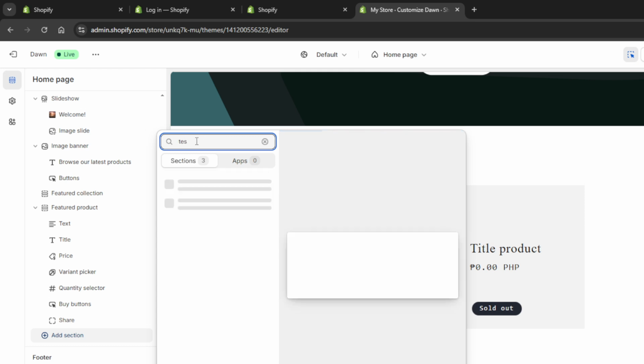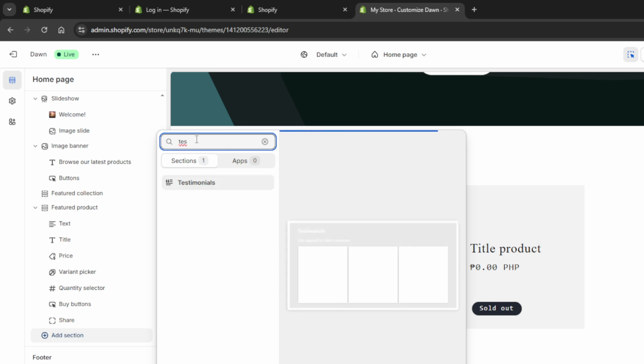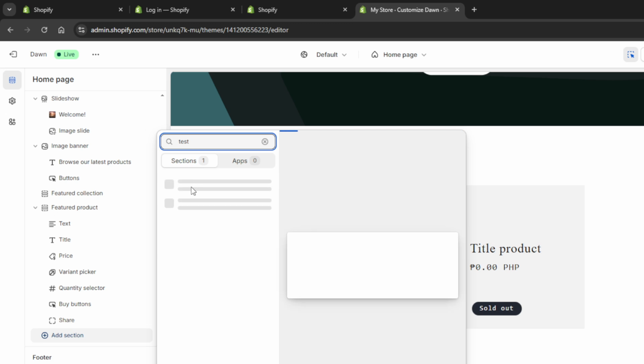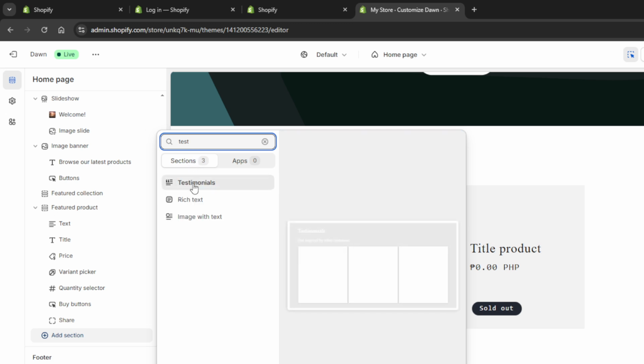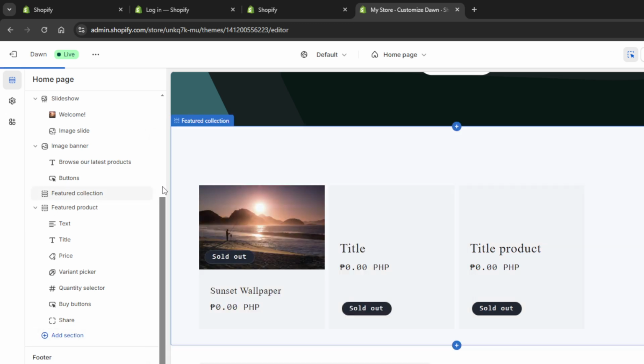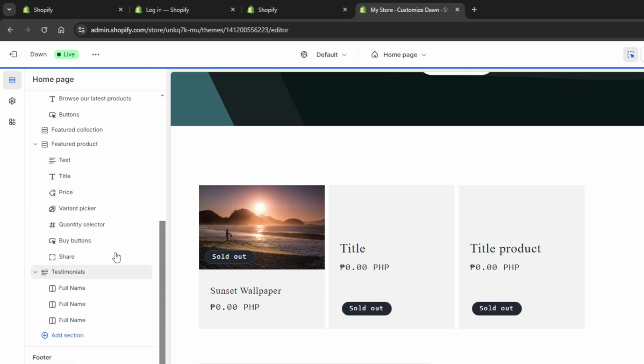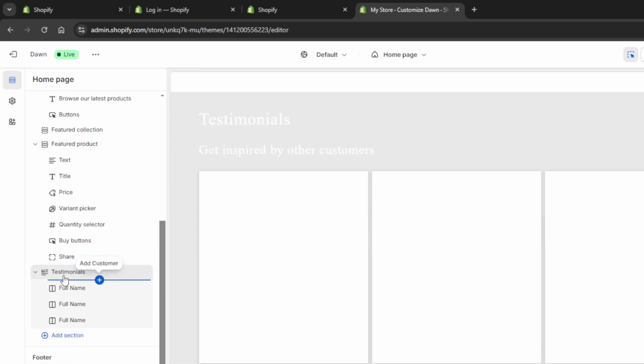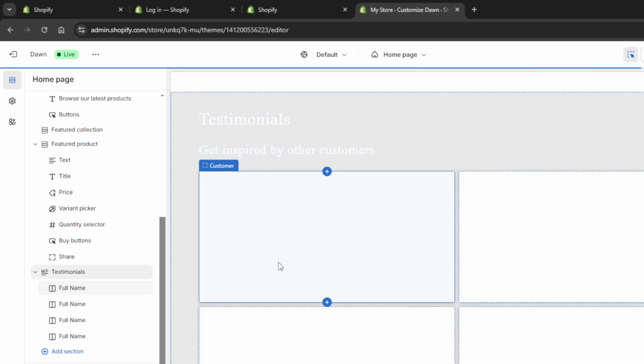Now that you've added the testimonial slider to your page, you can click on it to begin editing. You can customize various elements of the testimonial section, such as text, images, and layout, to fit the look and feel of your store. Take your time here to really personalize the testimonials, ensuring they convey the authenticity and emotion